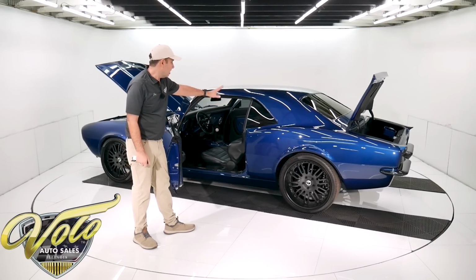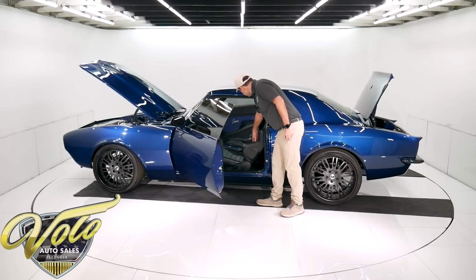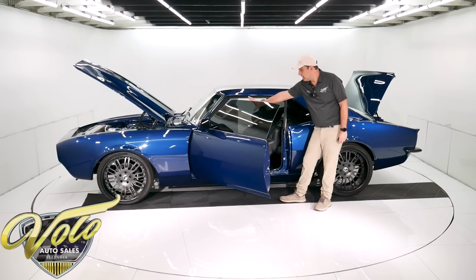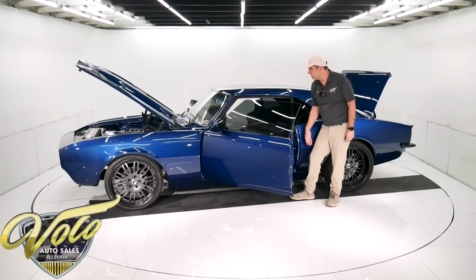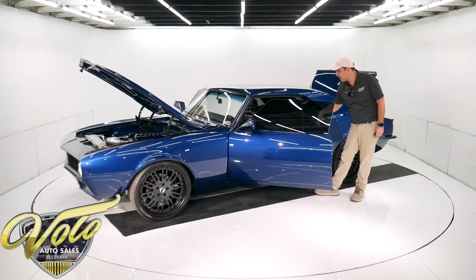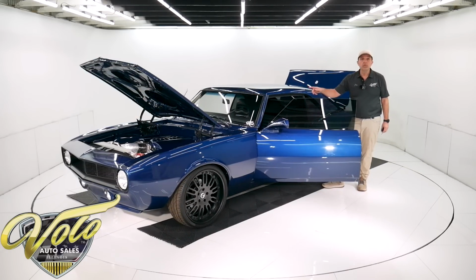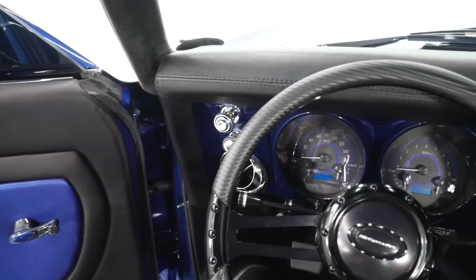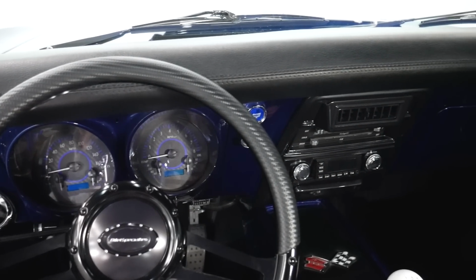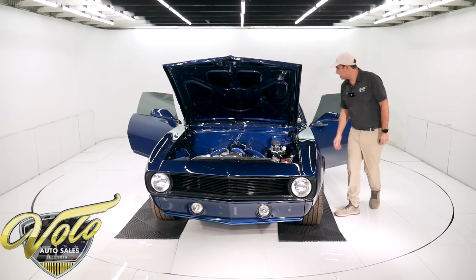The back seat is also custom made, upholstered in leather, and it matches the front seat. So it's got a nice contoured back seat, same pattern, same leather. Custom made door panels, relocated door handles, suede headliner and visors, a leather wrapped dash pad. Gauges light up blue, really sharp looking gauges. Has a blue starter button, a retro stereo system with kick panel speakers and tweeters. There's an amp in the trunk, custom made center console, tilt wheel, billet specialty steering wheel,